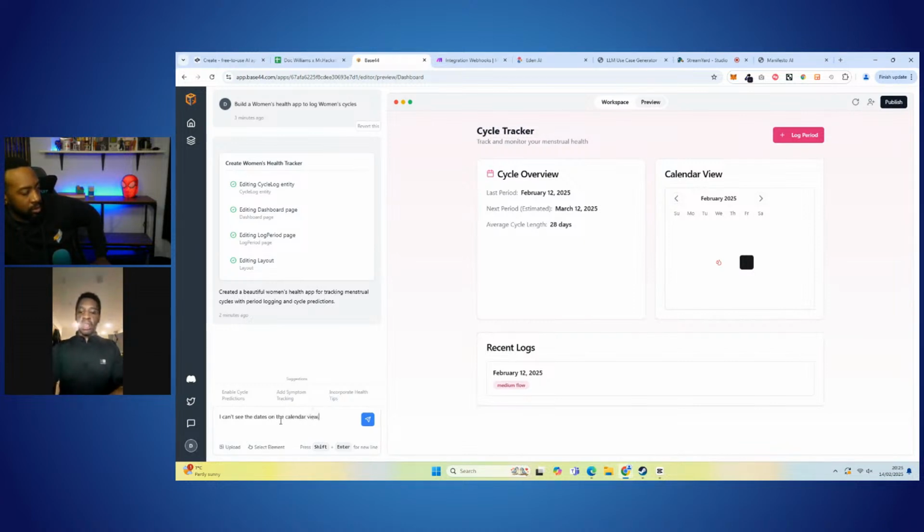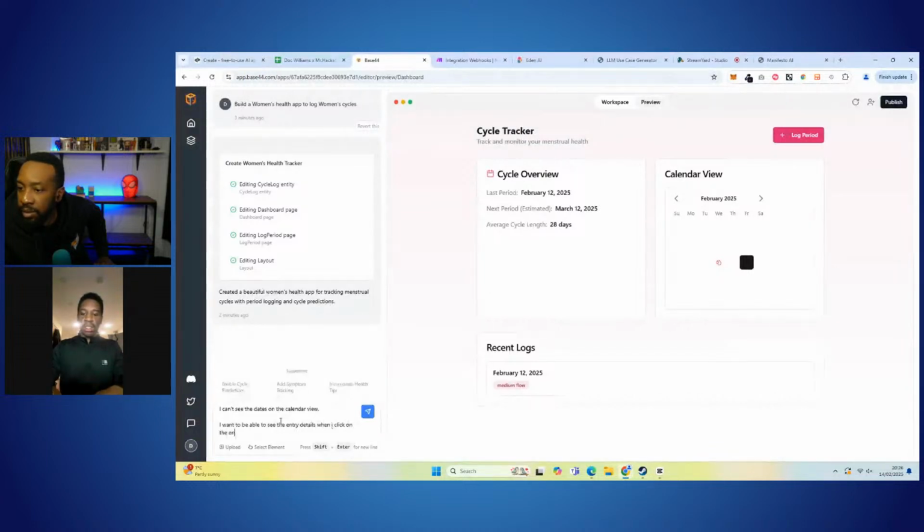And then I can either break this up or I can keep this in. Sometimes if it's a lot of small tasks, I might keep it in. If I know another task is relatively big, I'll break it up. I would say I want to be able to see the entry details when I click on the